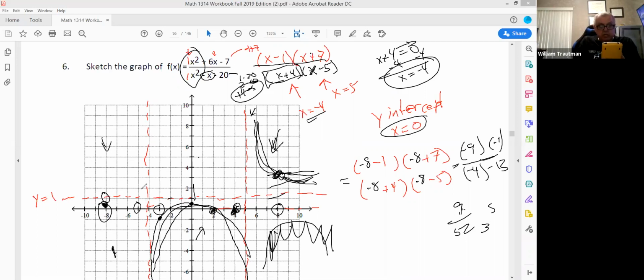x squared plus 6x. The test is going to be easier than the homework. I promise you the homework will be tough. It's a tough section. But the test is not as tough because you just have to pick the correct answer. You can eliminate answers